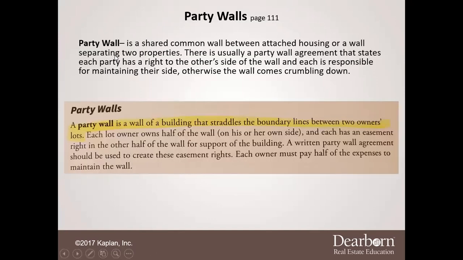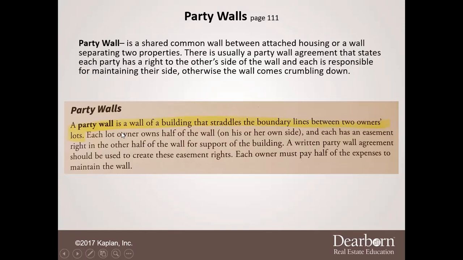Anyway, party walls. A party wall is a shared common wall between attached housing, or a wall that separates two properties, like with townhouses or condo units. It's that shared common party wall that separates those two units from each other. Without that wall, there would be no separation. Usually there's some sort of party wall agreement that each party is responsible for maintaining their own side